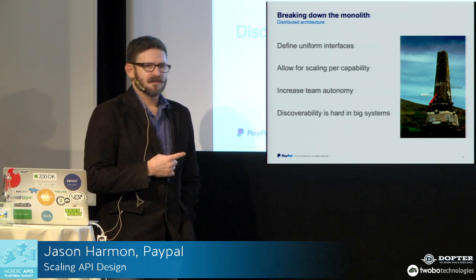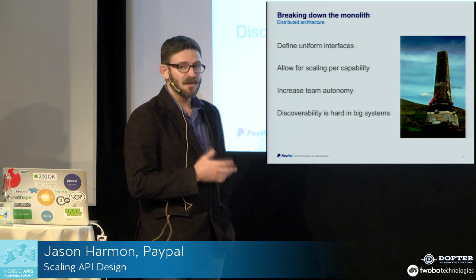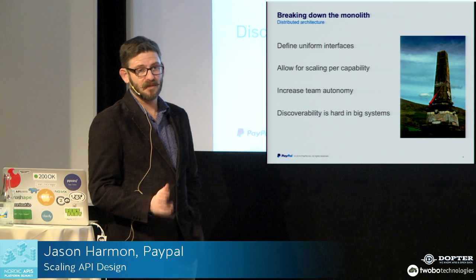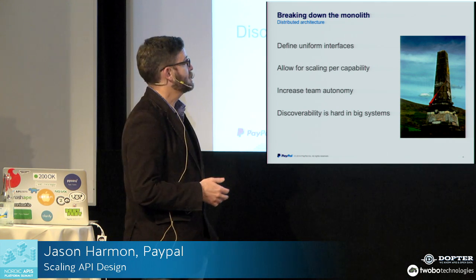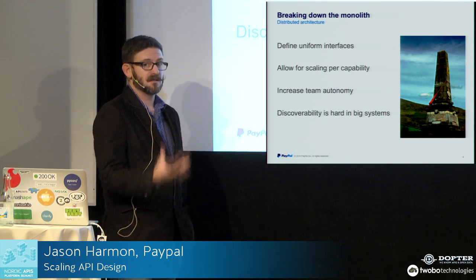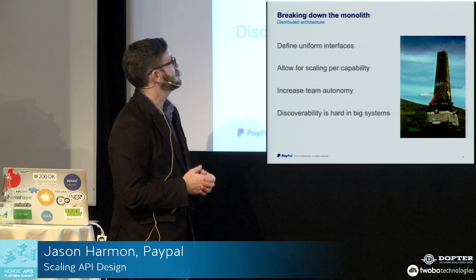I saw a monolith on somebody else's thing, and I was a little jealous because it was a better monolith, but we all start here, right? We've all worked in small, well, maybe you haven't worked in a startup, but if you have, everybody starts with a monolithic app. But as you grow bigger, the game becomes, how do we create bounded contexts? How do we start breaking things down into components within the architecture?